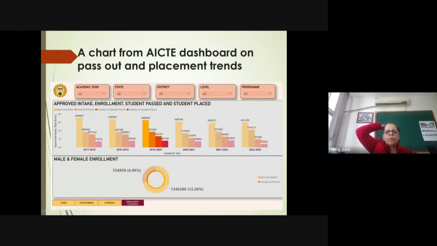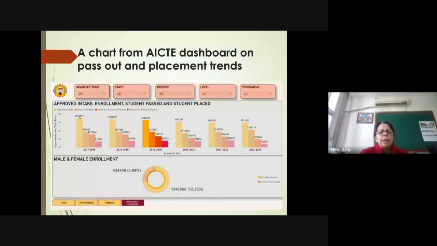When we talk about AICTE affiliated institutes, we are all professional institutes. So the major concern is, when a student goes out from the institute, what is the placement of that student? The main purpose is to get a job, or to have one's own company, or to be placed somewhere. If you see the trend in 2017 to 18, this first graph represents the number of